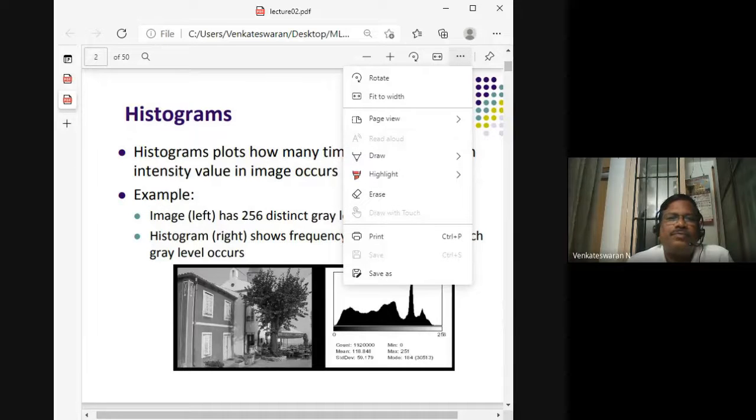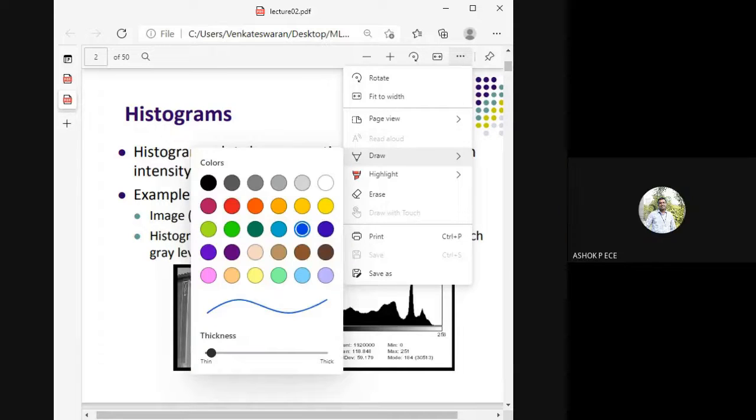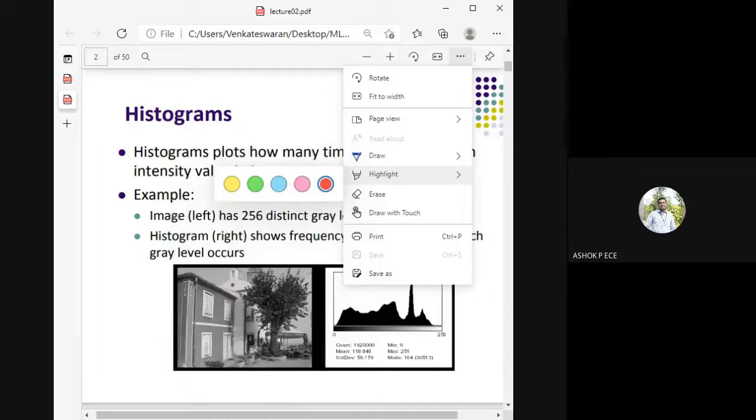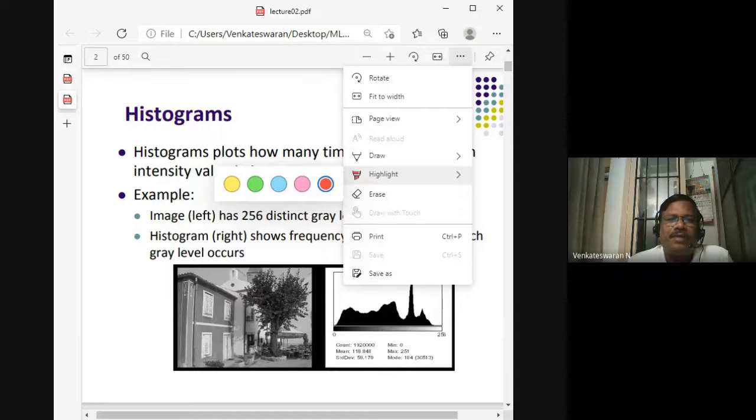Okay, so is it visible now? Yes, sir. Trying to pick up this pen, but